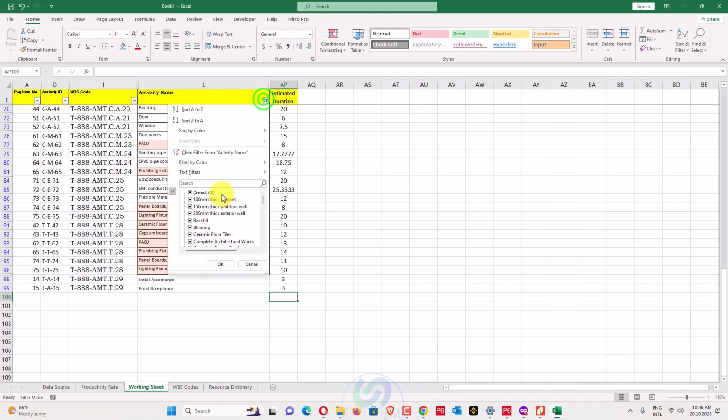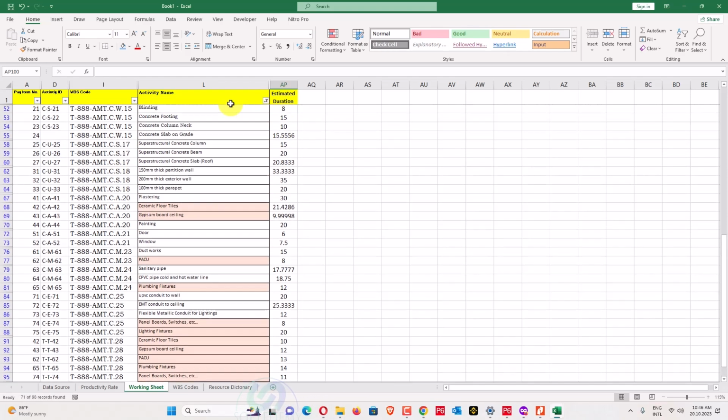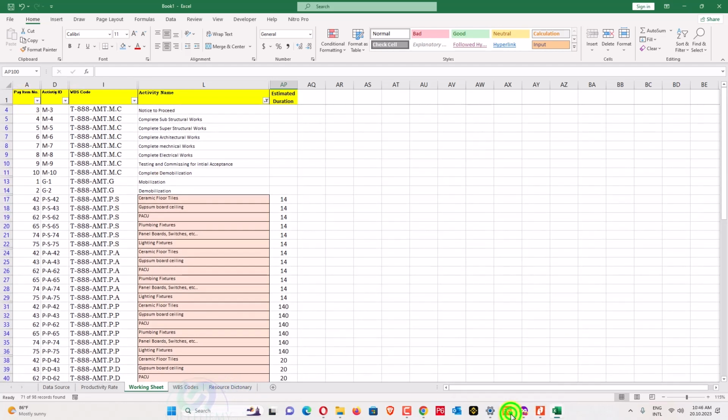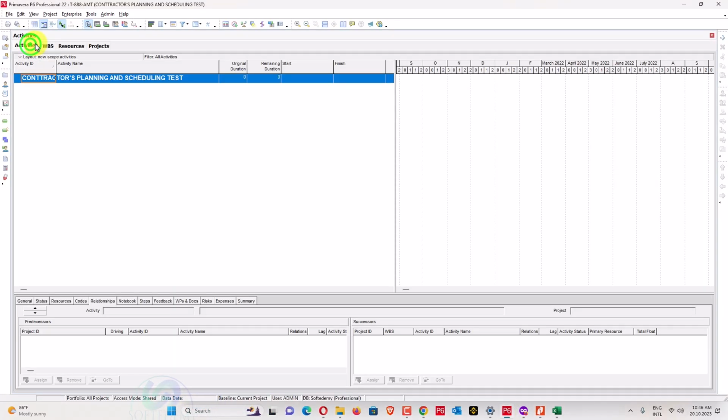It's your choice. Okay, so we'll just go here, remove this blank. So we have estimated duration, activity name, WBS code, activity ID. So what we can add, we can just add here our activities from this one.